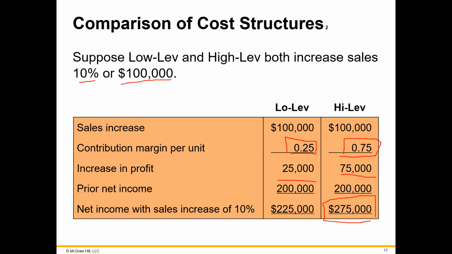But if we predict that sales might fall, or if the owner is risk averse, he doesn't really like a lot of risk, and he's fine with 25% profit because it's safer, then maybe the low leverage cost structure is better in this scenario. So there are a lot of factors to consider when deciding which cost structure to go